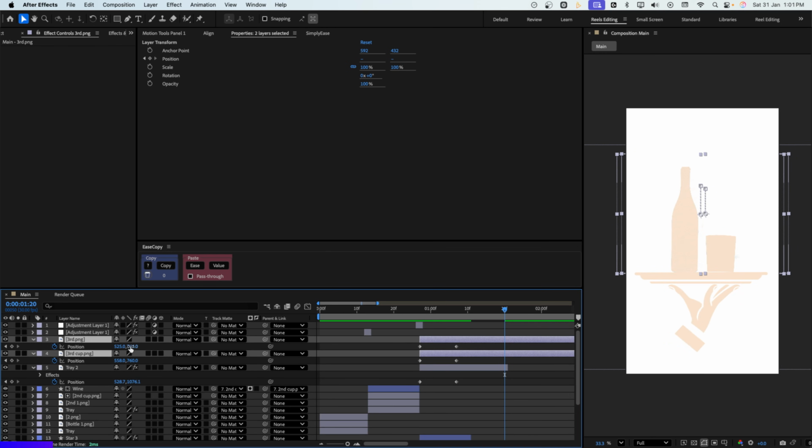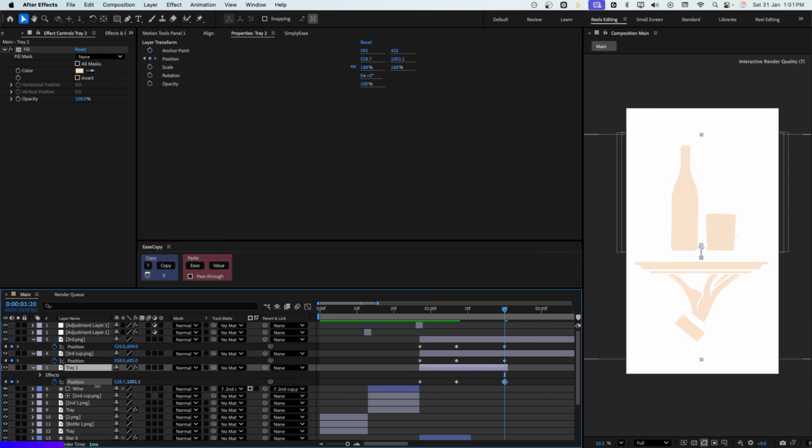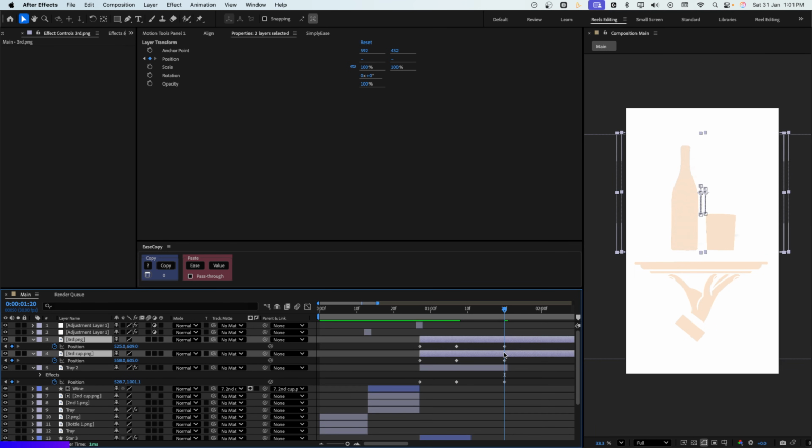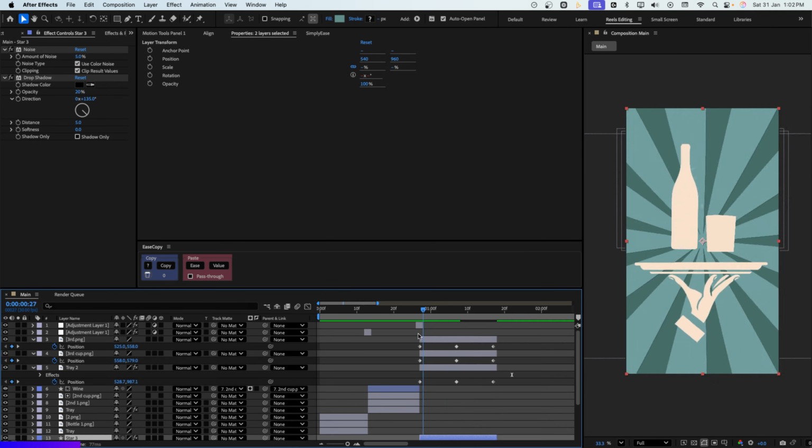So selecting these two, I'm going to keep this up like this. And the tray will also come up, but only this much. Perfect. At this point, let's trim the layers on the right. Nice. Perfect. Now finally, in order to give the entire animation some easing, you will select all the